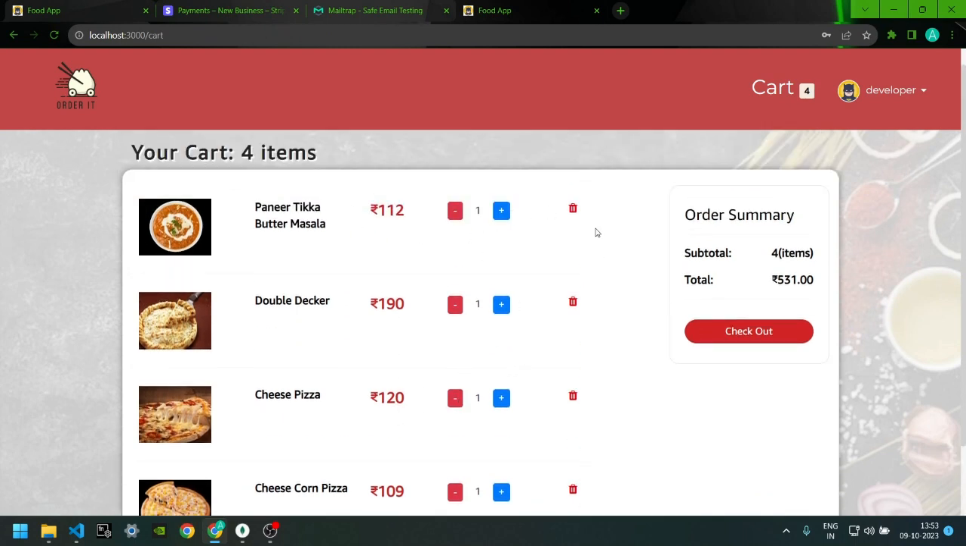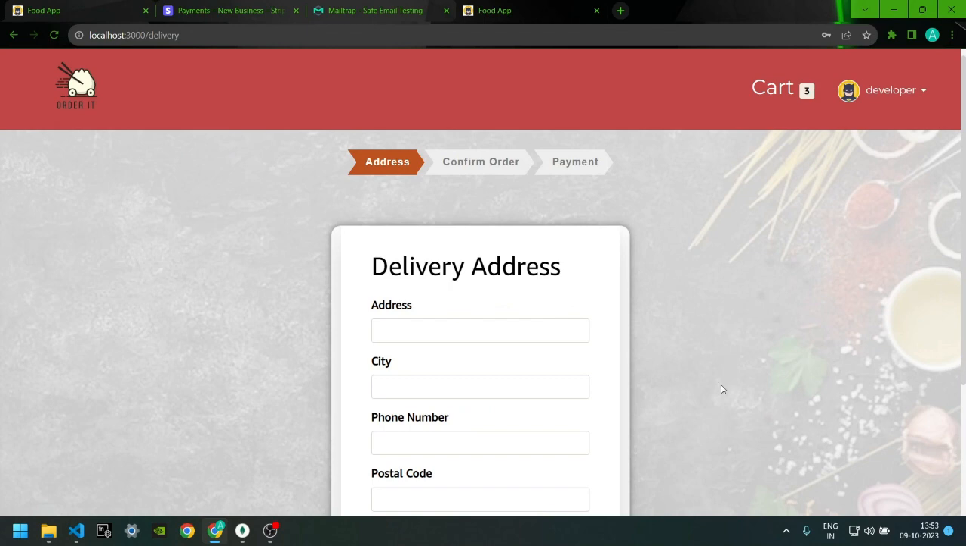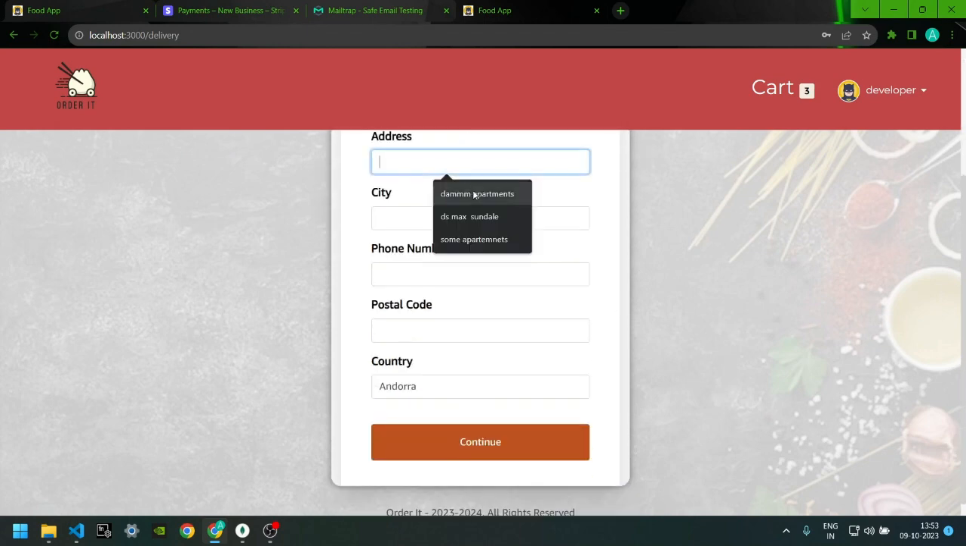I can delete them. So the current order value is 531. If I delete this, I get 419. I can even increment my order values here, so the total keeps on updating. So this is my cart. If I click on checkout, I have to fill the address, city,